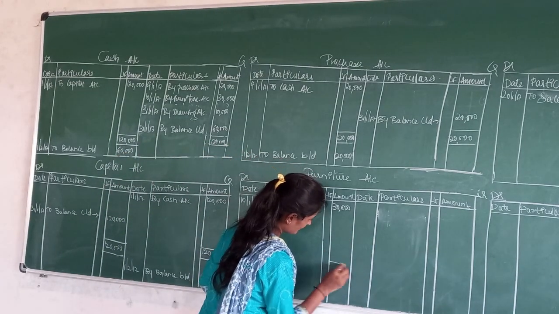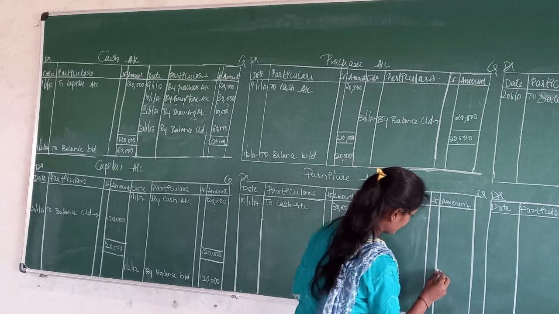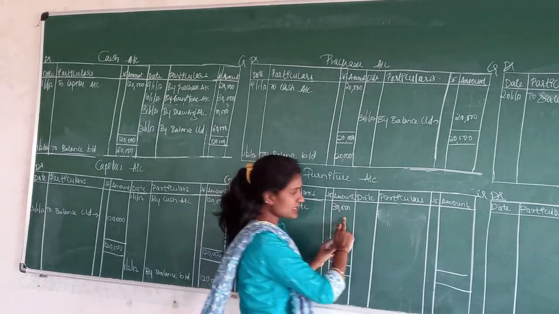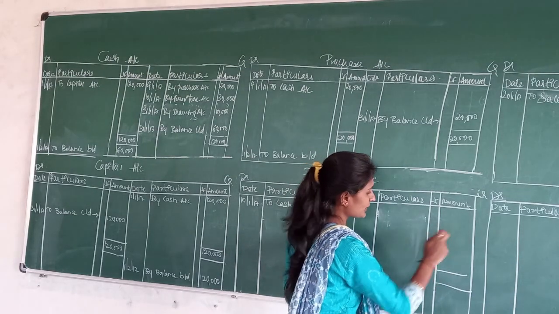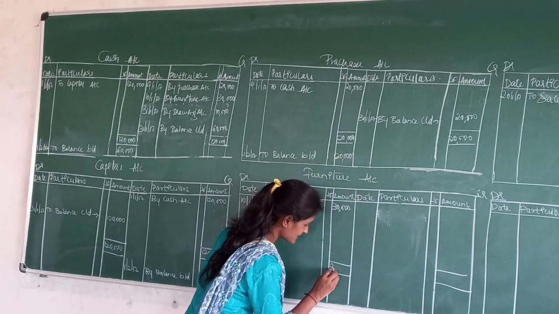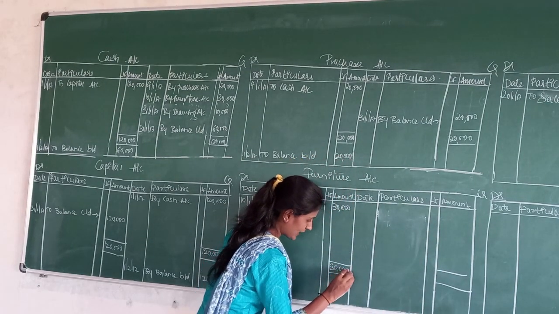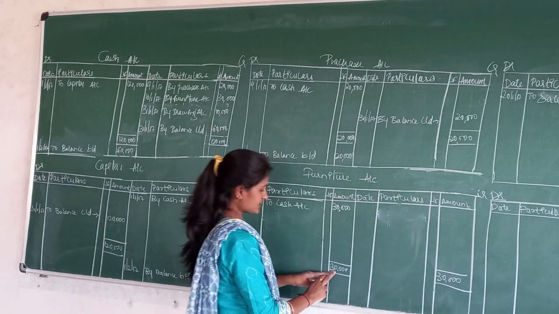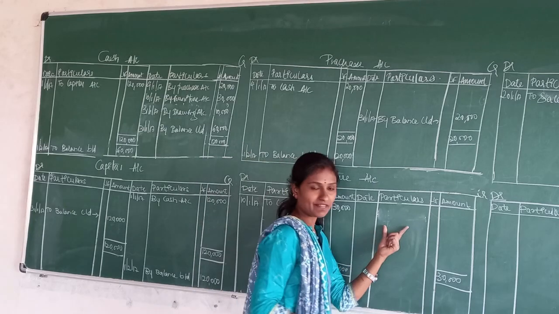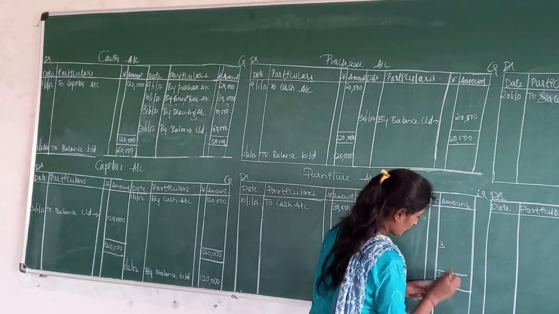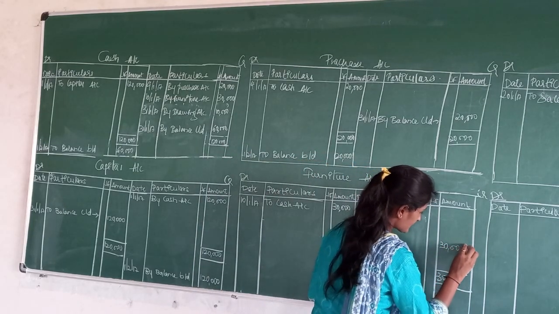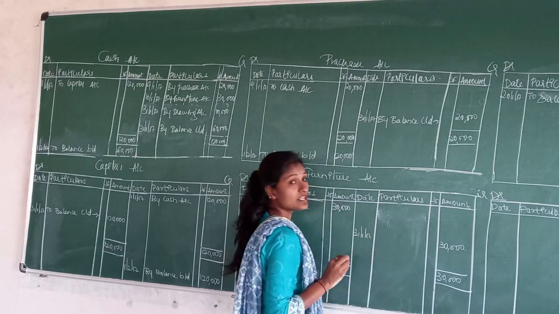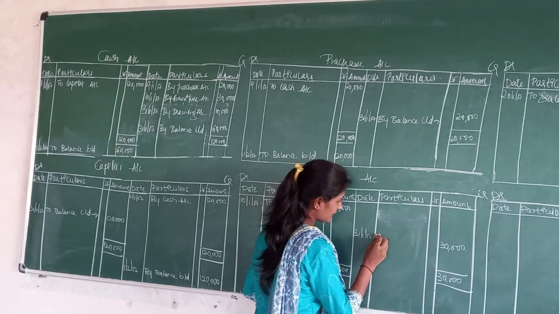Yes, so we need to put a double line here. See the amount column, 30,000 we have here, and in the other amount column we don't have anything. So whichever amount is highest, we need to write on both sides. Yes, 30,000, 30,000, and here we don't have anything. Now we need to balance it, but the total amount is not there. So 30,000, that we write here 31st 1/2017, because January ends on 31st 1/2017.